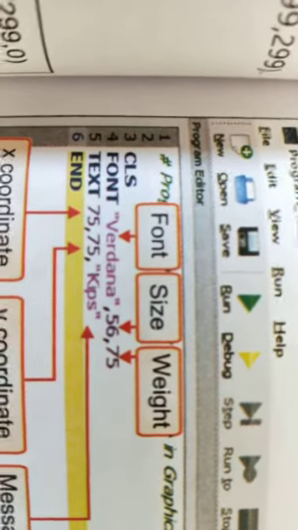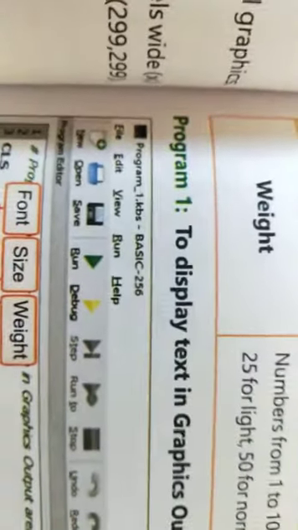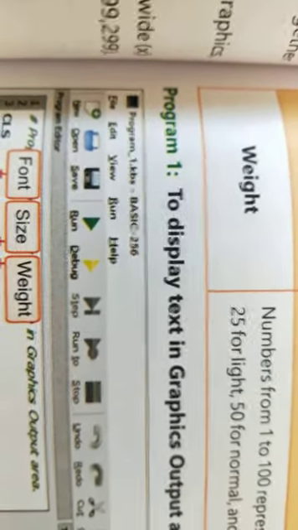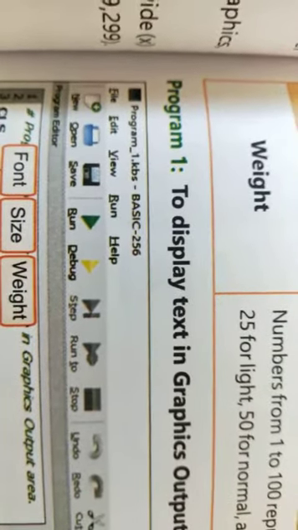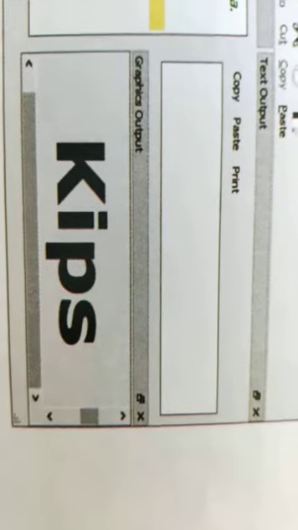After writing this program on your screen, you have to press run. You can see here, after the save button, the run button is there. You have to click there. When you click on this run button, you will get your output like this. You can give color also to the fonts you want to print, which we will learn after this. So this is the first program that we have made in BASIC.